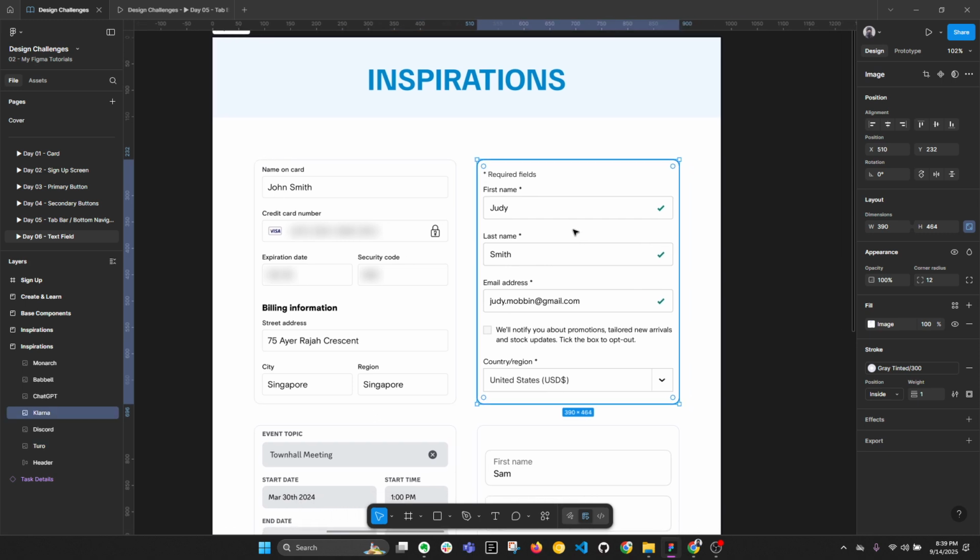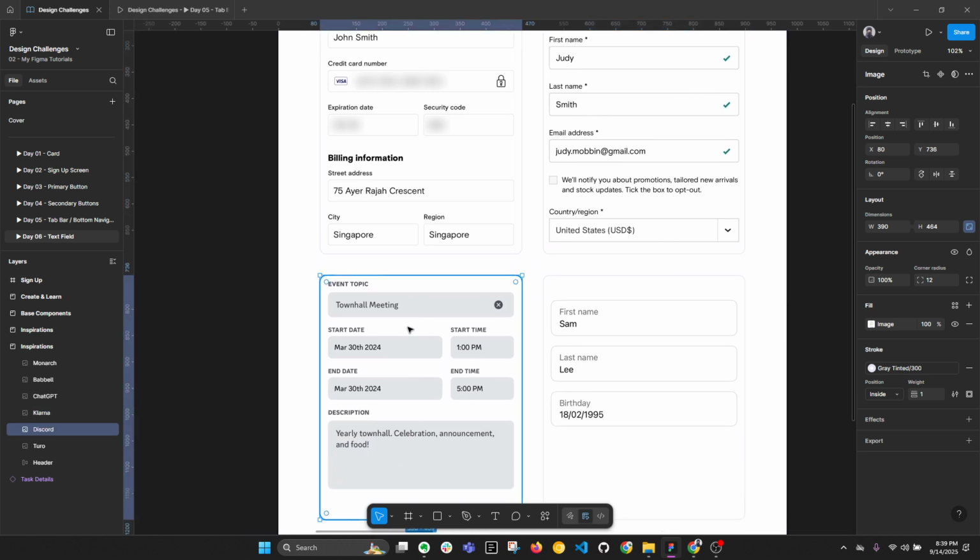And here in Klarna we have this star. They are using this star to show that these fields are required. And then here we can find a dropdown combined with the text field to show that they can select from the given list of items. This card is using a fill to show the area where the user can type instead of using borders like Klarna